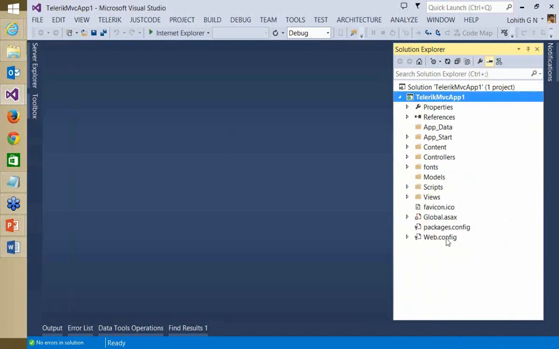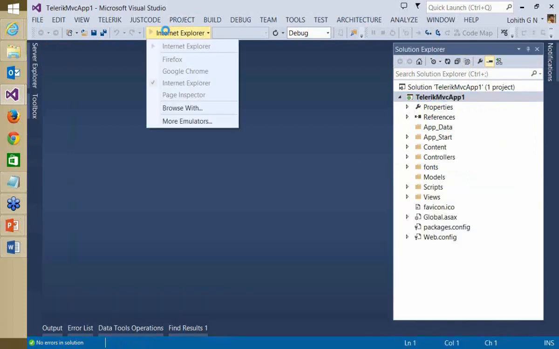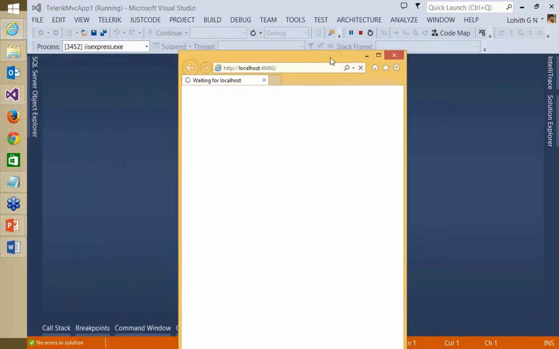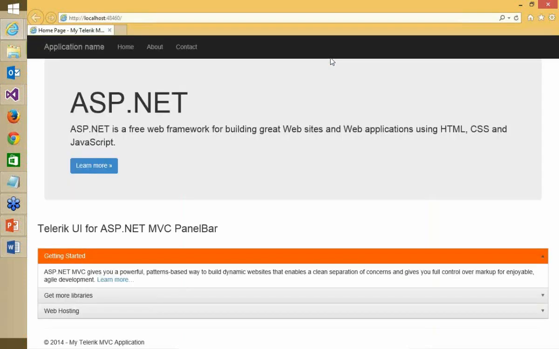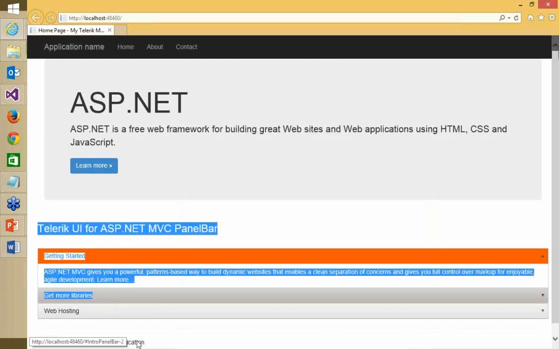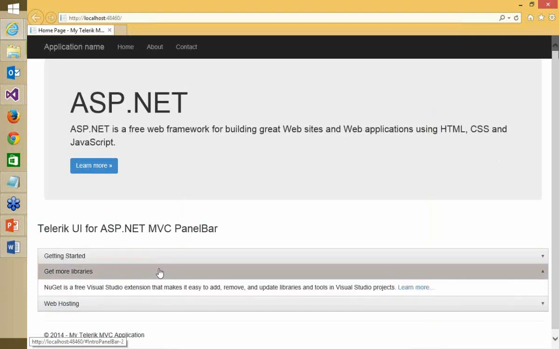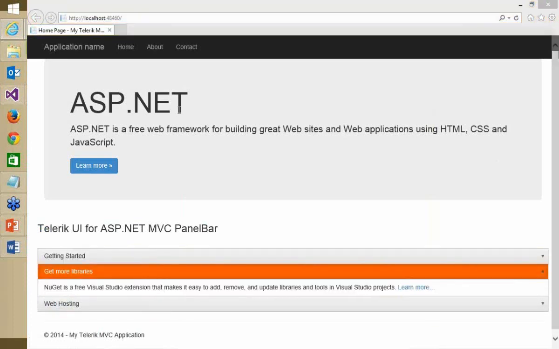Yes, it is done. So what we're going to do here is run this as is. This is the project we just created. I'm just saying run. So let me get my browser window. If you see, it's the same vanilla ASP.NET MVC5 project template, but the extra thing that we do is add a Telerik widget, or the Telerik wrapper, here. That's the panel bar. As you can see, this is the Kendo UI panel bar, what you see on the bottom. So if I show you the code,